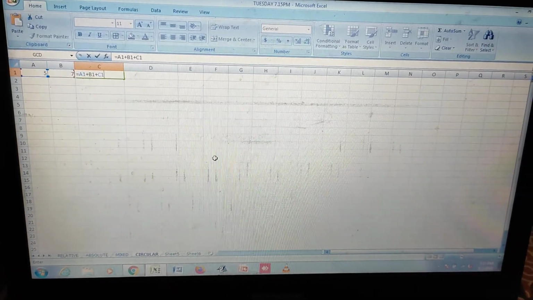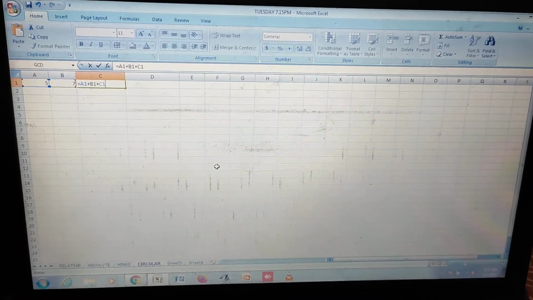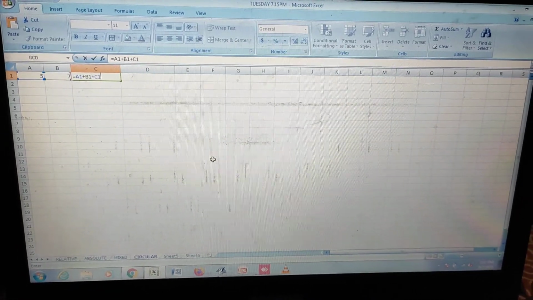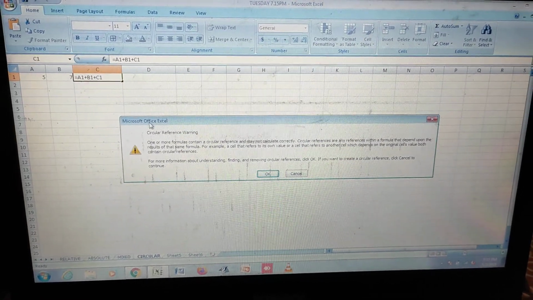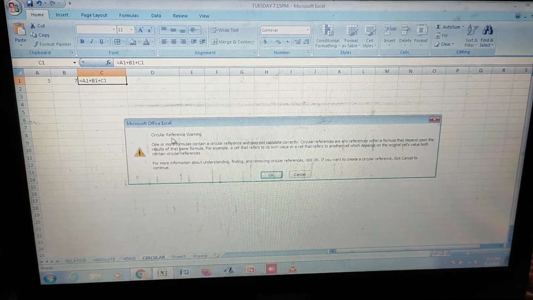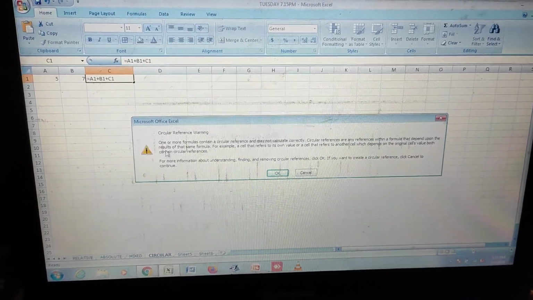That means in the C1 cell I am writing C1 also. Okay, so A1, B1, C1. When I write like this, it will show us a warning, a circular reference warning. That is called circular reference.